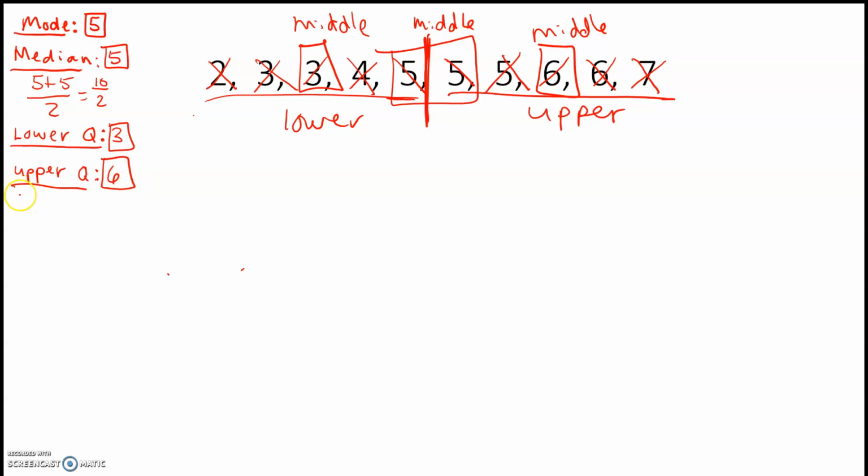The interquartile range is just going to be you subtracting those 3 numbers. So 6 minus 3, so your